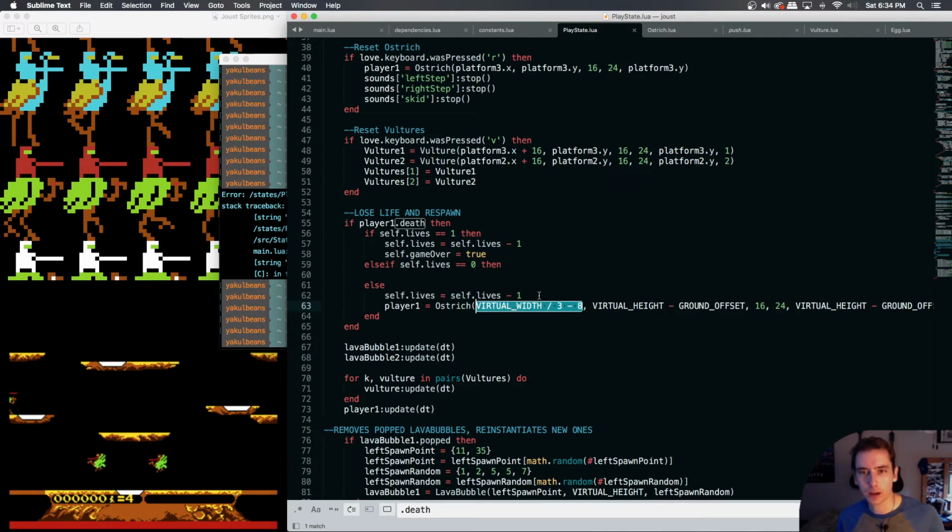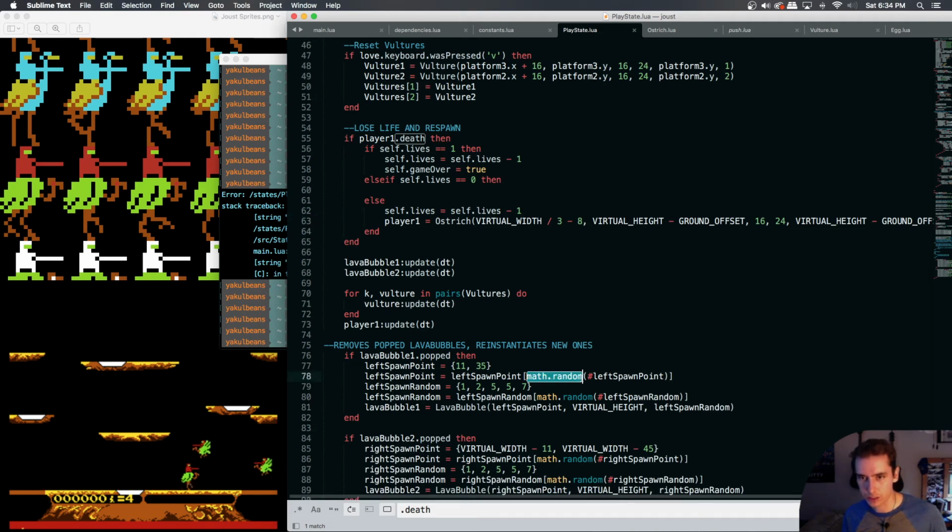So we'll say math.random value, where we get a value from our table of spawn points, and then spawn us at that random value's spawn point X and its Y. We'll have to do something like that, because the code needs to be the same every time we spawn, but we need it to be randomized. So we need to set a random variable in here somewhere,